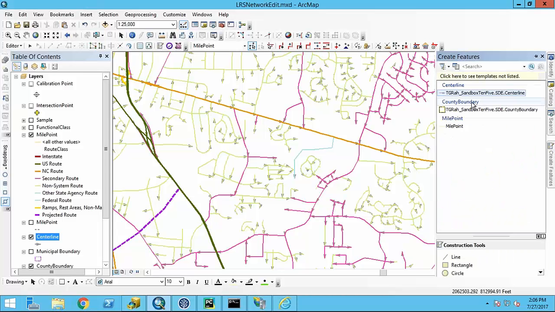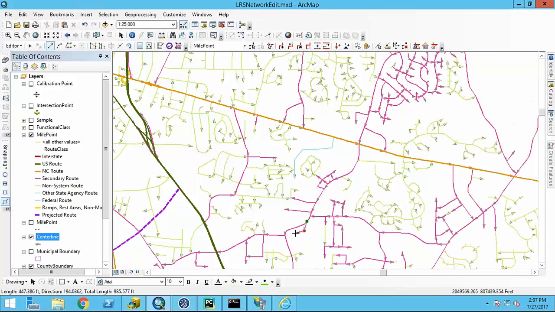Let's go over here and realign one. What do we want to do? Let's put a little bump in this one.